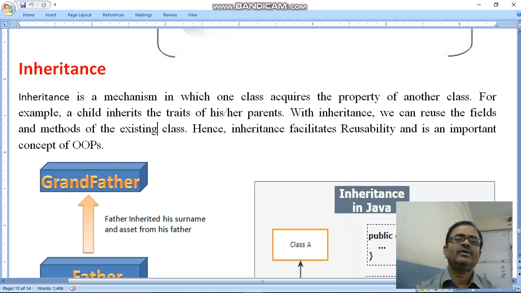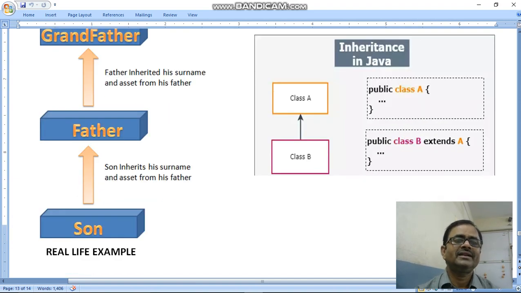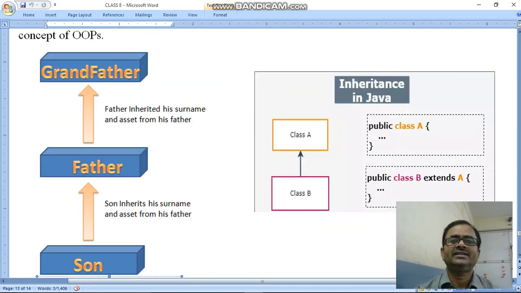This is one example you see on the screen, a real life example. Grandfather is given. Father inherited his surname and assets from his father, meaning our fathers inherited their surnames, like Ansari, Khan Saab, Singh Saab, Pandeji. We use the titles and surnames of our parents.